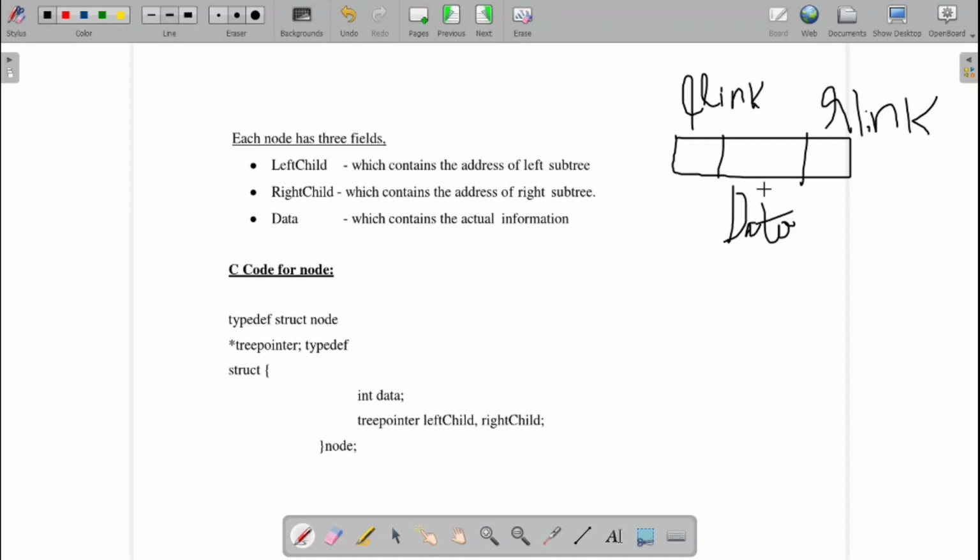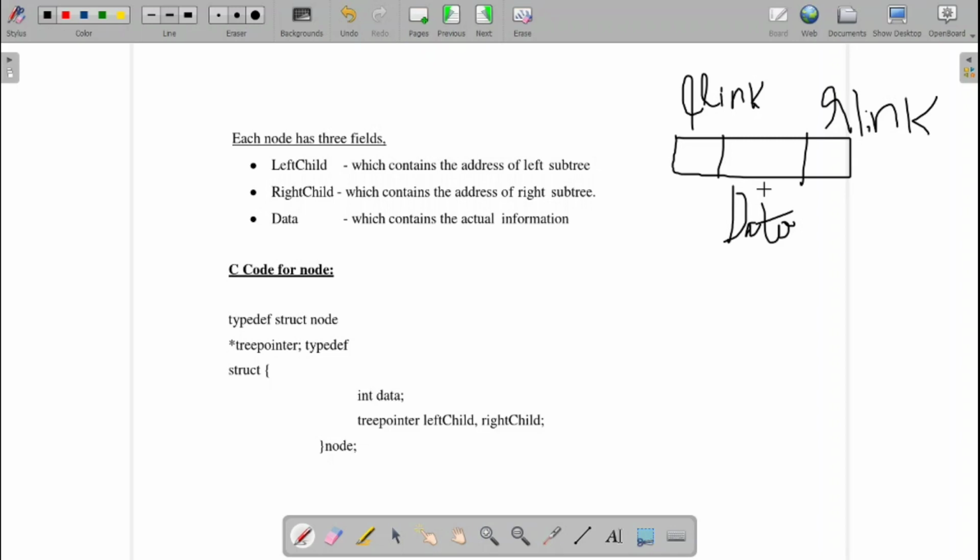What are these three fields? The first is the left child, the second is the right child, and the next is the data. The left link of the doubly linked list is used for the left child, the right link is used for the right child, and the information of the node is stored in the data field.